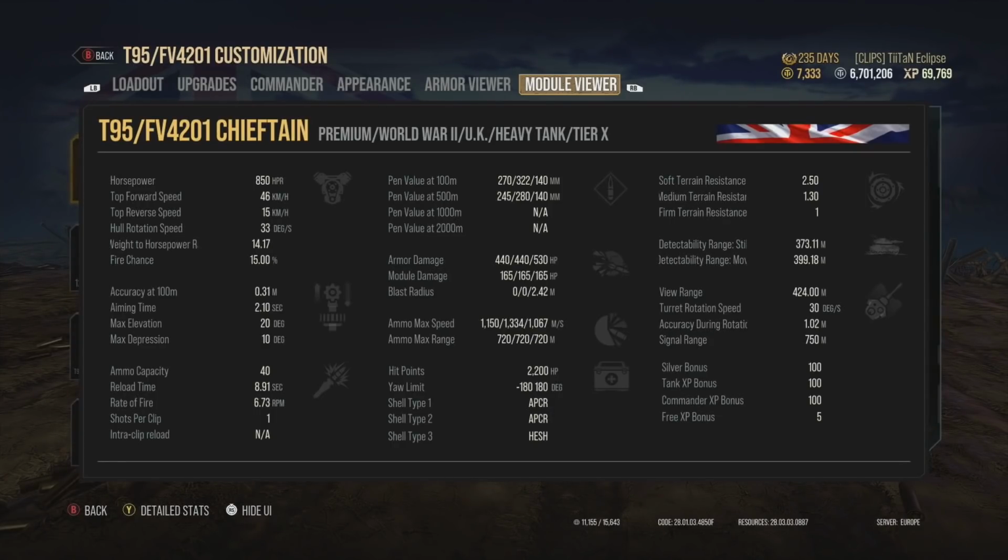440 alpha damage every 8.91 seconds, and of course it does get 440, not your typical 400 that you get with some of the other British heavy tanks at tier 10. Which makes this tank so much nicer to play. Yes, you only have one shot per clip, it's not an autoloader as with some other British tanks, but no, this one doesn't need it, and it actually probably benefits from not having an autoloader because you can just pump out your shells constantly and consistently, and when you've got 2,200 hit points to trade as well